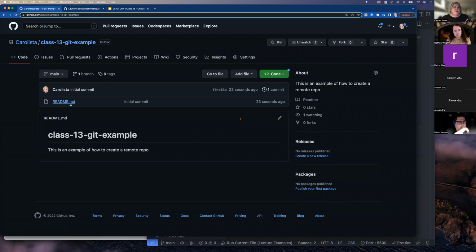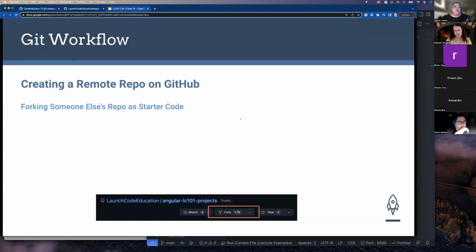And this is the README. It always shows right below your files on the main page. So that's how to do that. And I'm going to hold off on showing you how to do the local part, because I also want to